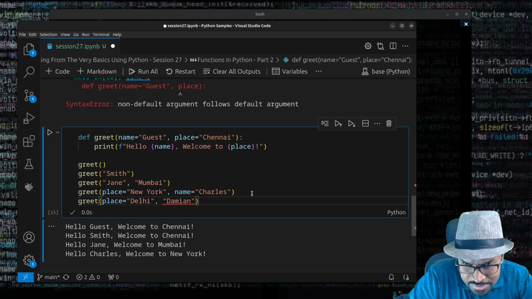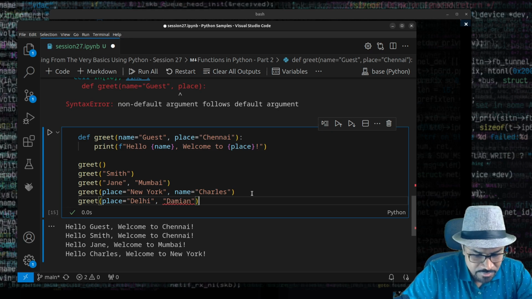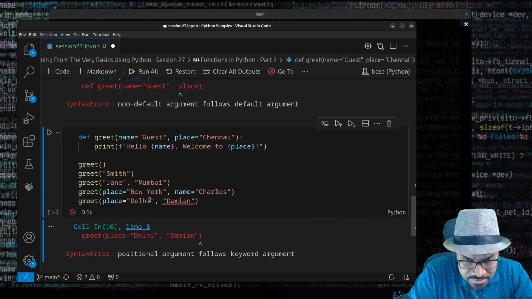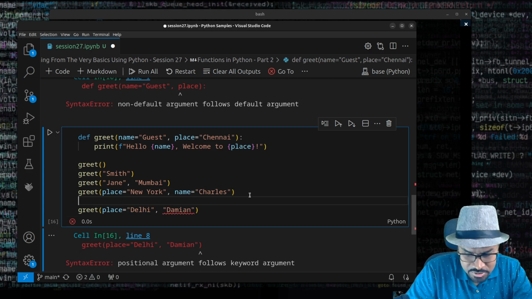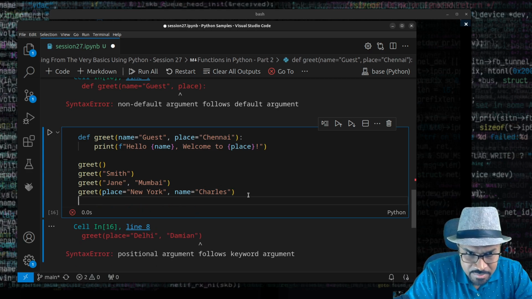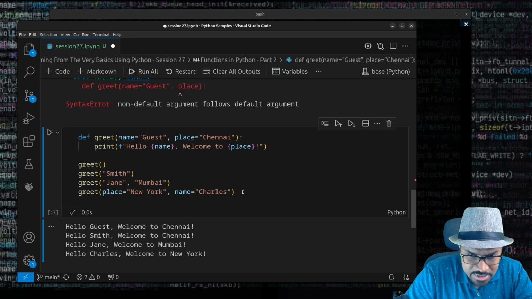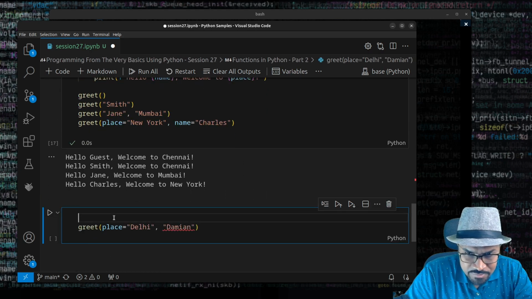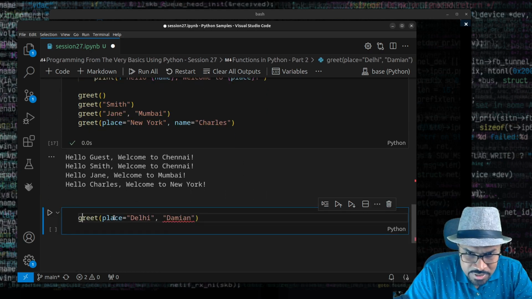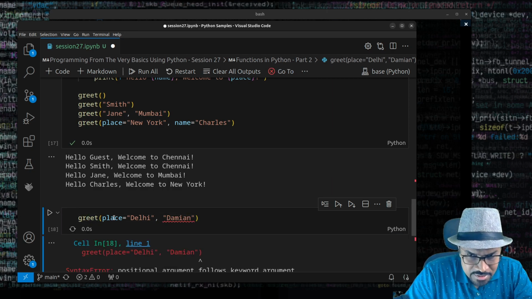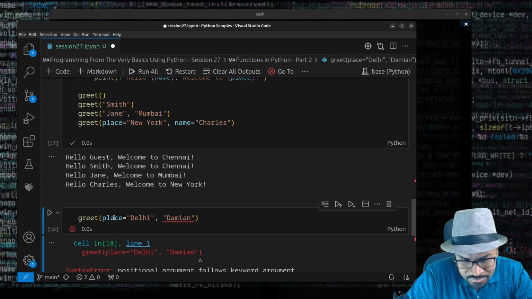Now this is a problem. The third invocation would be a problem. Try running it. It's a syntax error. Let me cut this cell across so I can see this separately. This so far works, right? But I'm just going to call greet of place is equal to Delhi, followed by an argument like this. This will be a little misleading or confusing to Python. I would say it's rather a